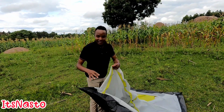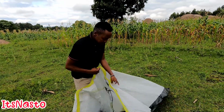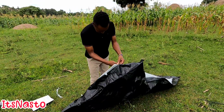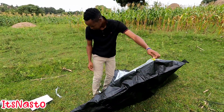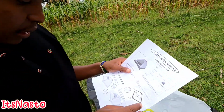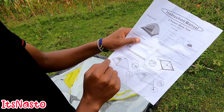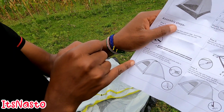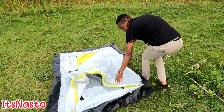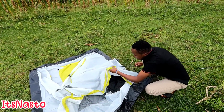Well, so guys, I'm still looking for the holes where to put our poles. So maybe let's try. Let me read the manual again. Yeah. So it's showing me that I have, because this is the final product, so they have to pass here. Oh, so here's our pole. I think I can find it. Okay. So maybe it has to go this way. So let's try